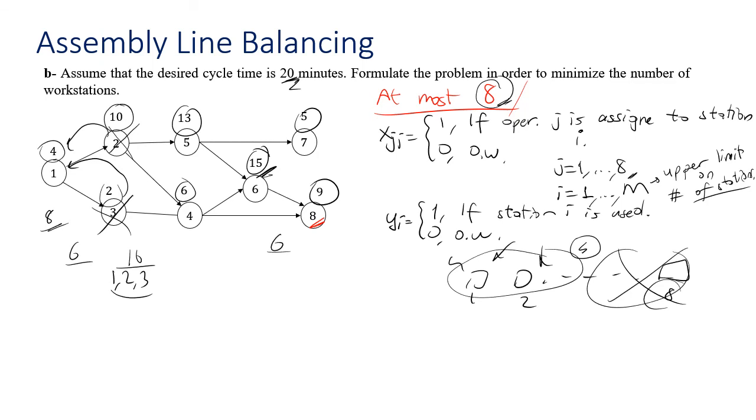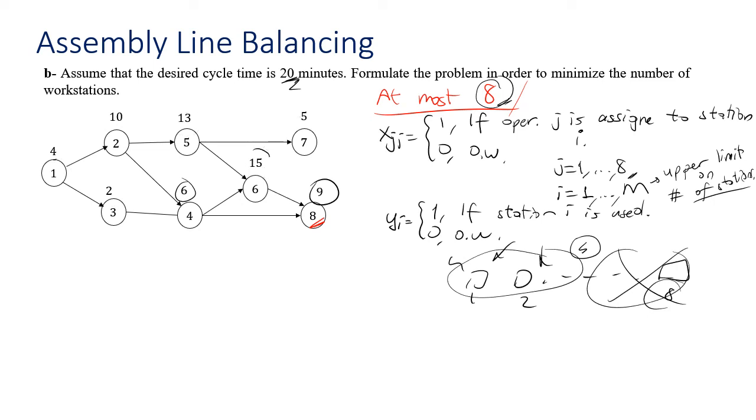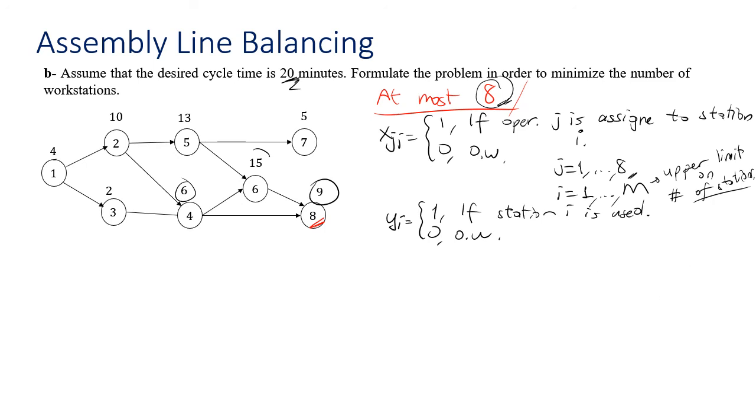And the question is, what is the minimum number of workstations that we can use without exceeding this 20 minutes cycle time? Okay, this is the question. So therefore, our objective now is to minimize the total number of stations. And how can I find the total number of stations? It is simply this summation, y1 plus y2 up to ym, y8 in our case, will be the total number